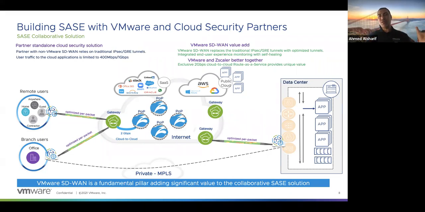If you want to solve the whole entire problem, then the focus will be one provider that provides the end-to-end. I need one provider to provide me with the SD-WAN, end user experience, and cloud security, like VMware. That's the integrated solution. But again, we are not limiting ourselves to work in silo. We can work with partners as well. Any questions?